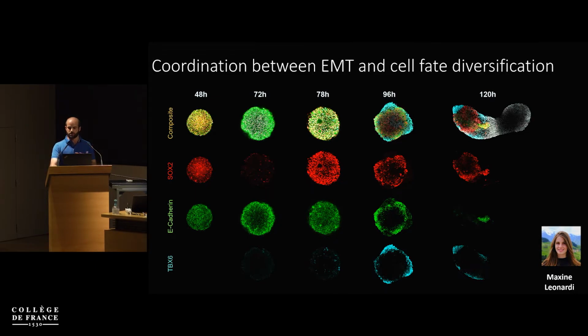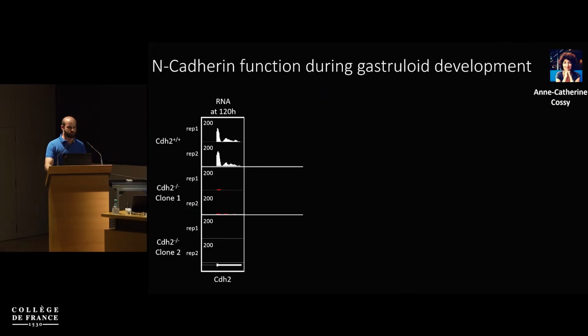But so this is mostly correlation, and this doesn't tell us anything about the role of this. So we tried to assess functionally whether that was important. So the first thing we did is we tested whether N-cadherin, which is also called CDH2, is important for the self-organization process. The hypothesis being that maybe cells that start expressing it can move around the gastruloid and find each other. And so we went out and used CRISPR-Cas9 to delete